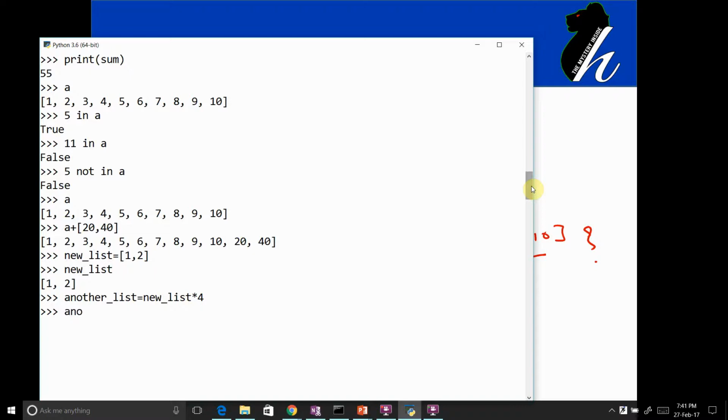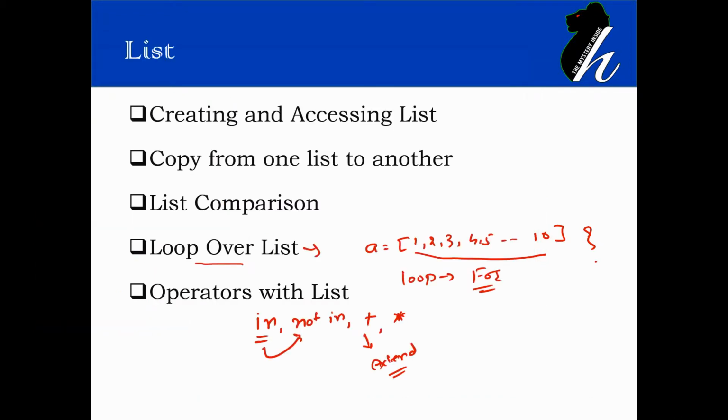So now another_list contains 1 2 1 2 1 2 1 2, for 4 times. This way the multiplication operator is the creation of a list with similar values. So these are the operators with lists.